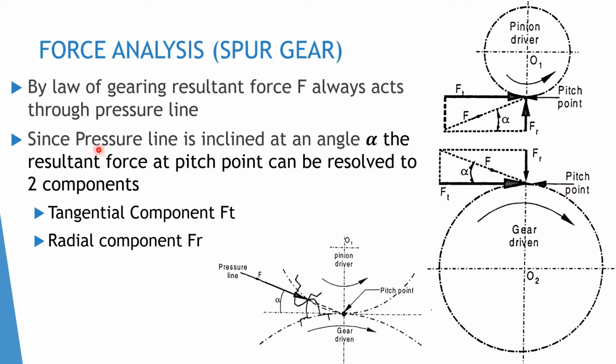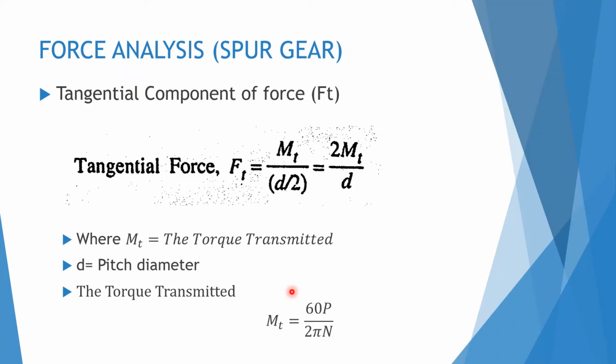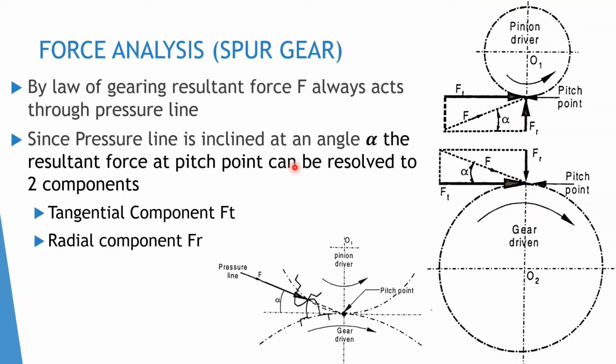Since the pressure line is inclined at an angle alpha, the resultant force at the pitch point can be resolved into two components, the tangential component Ft and the radial component Fr. So we can find out how to calculate these tangential and radial components. The tangential component can be calculated using this equation: Ft is equal to Mt, where Mt is the torque transmitted, divided by d by 2. d by 2 is the pitch circle diameter divided by 2,